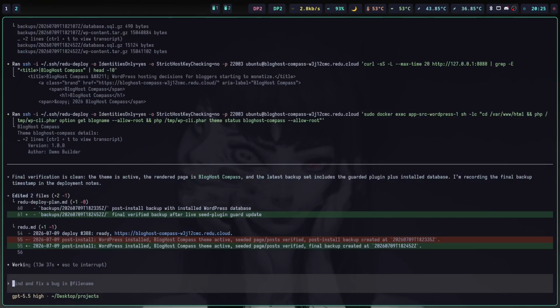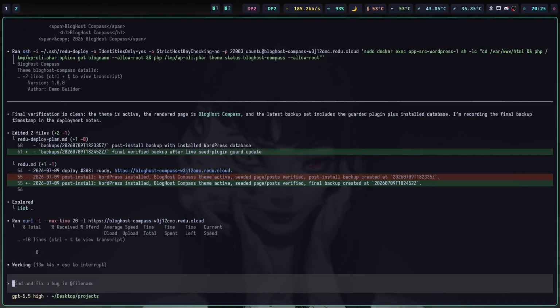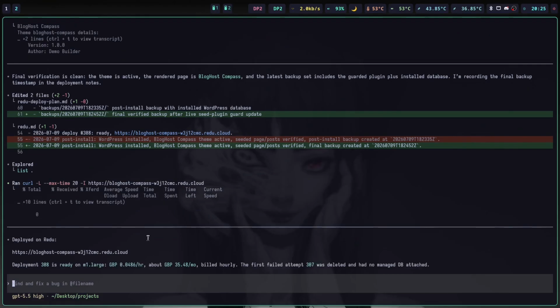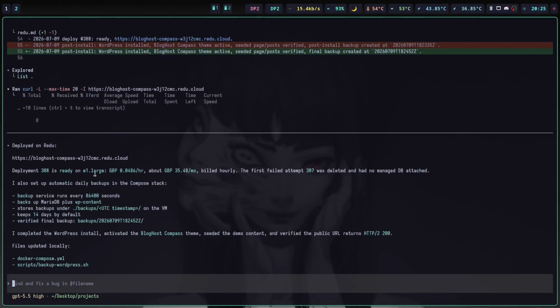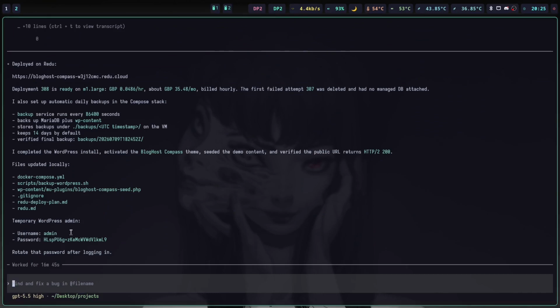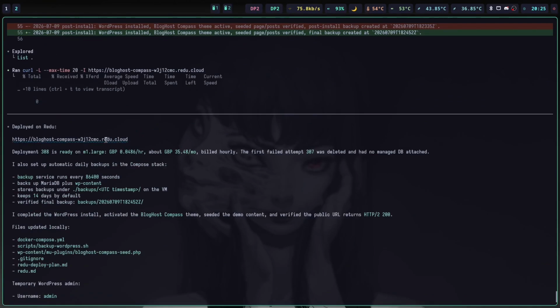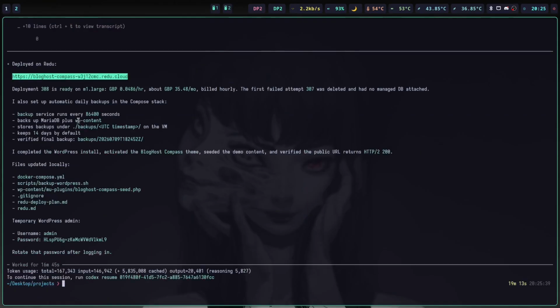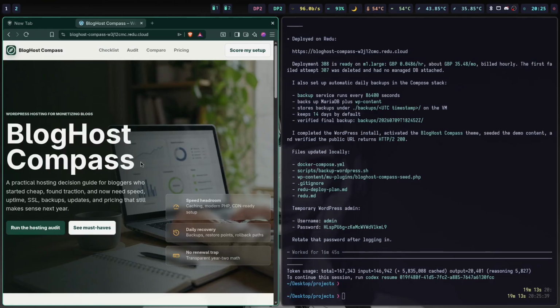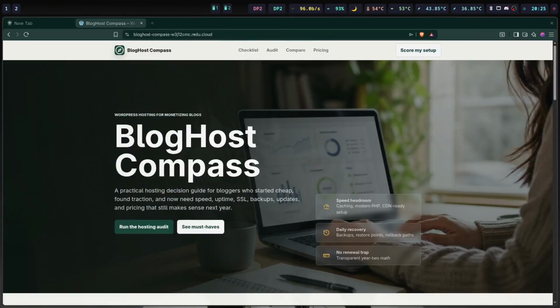Since it has made some other changes, a plugin guard update, it did another backup, and it also changed the Redu deploy plan MD and Redu MD with updated information. Those are the files that it saves to know what happened before. And as we can see, it's now deployed on Redu, and we can just go to this link and see if it works. And as you can see, the website is now deployed on redu.cloud